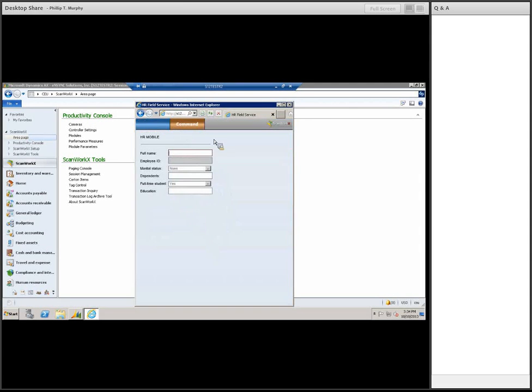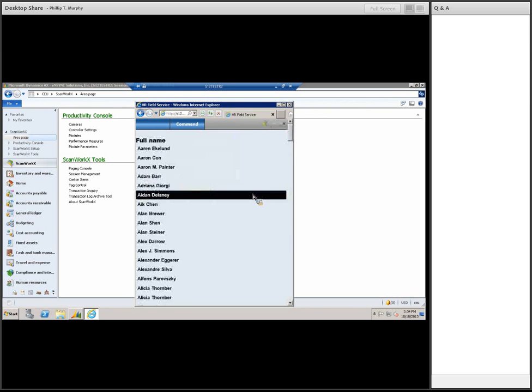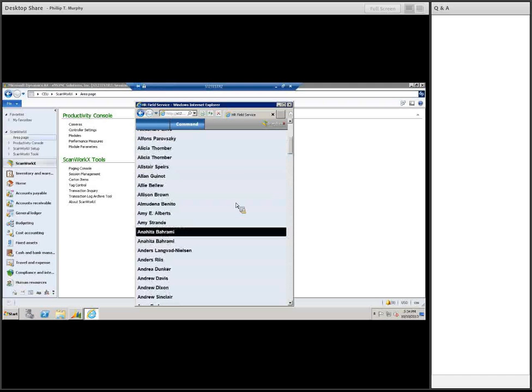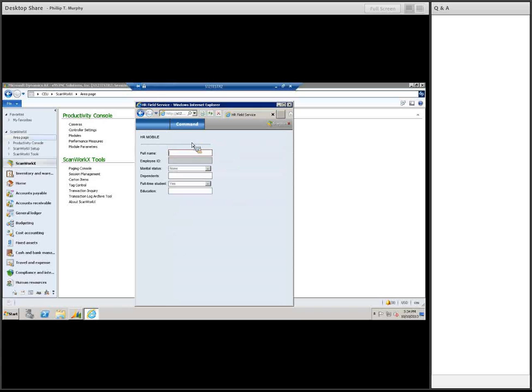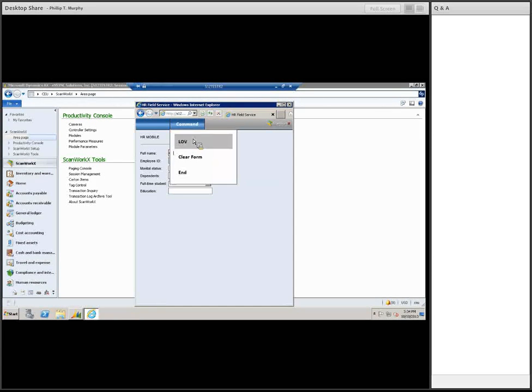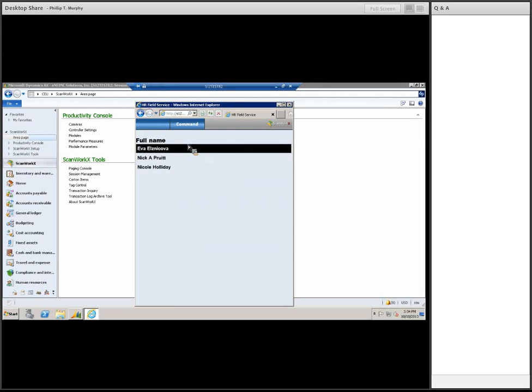If I choose the transaction, I can do things like list of values. So I can hit my list of values, and you'll see it brings back a list of every user in the system. Well, maybe that's not great. You don't want to scroll through those. So I can start typing, and I can just do, okay, show me just the ones that have NIC in the name, and it brings back, and okay, I'm looking for Nick. So all the features available in our standard transactions that everybody's used to, you can also do those in your own transactions. So you'll see immediately it brings back his employee ID if he's married, and